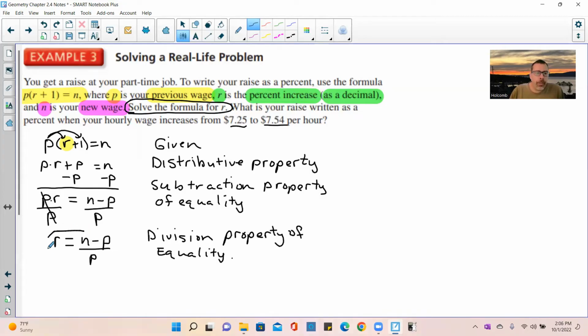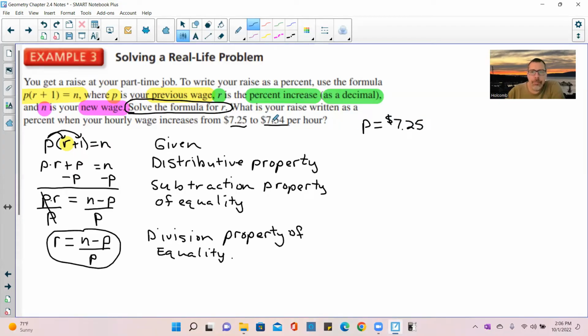Okay, so this is the first part of the problem. It said solve the formula for R. So here it is. And then it says, what is your raise written as a percent when your hourly wage increases from 7.25 to 7.54. So what we're going to do is, well, what are these values? Previous wage is P. That's here. So I'm just going to write these over here. P equals